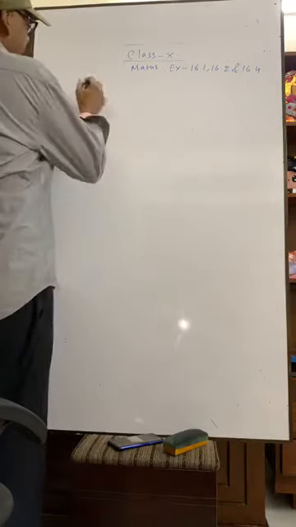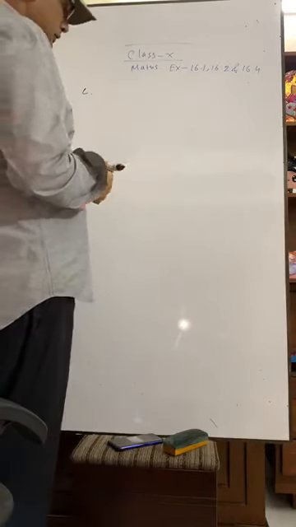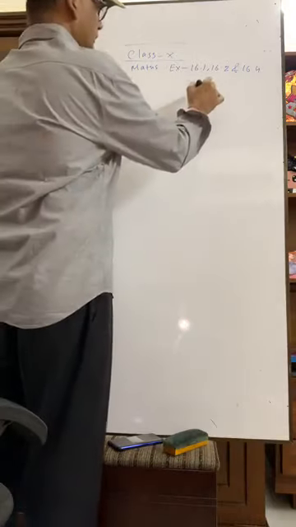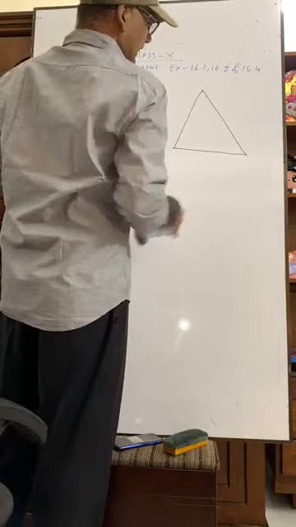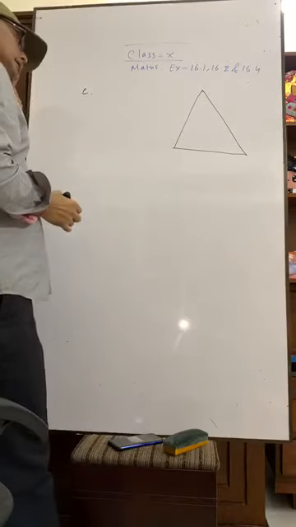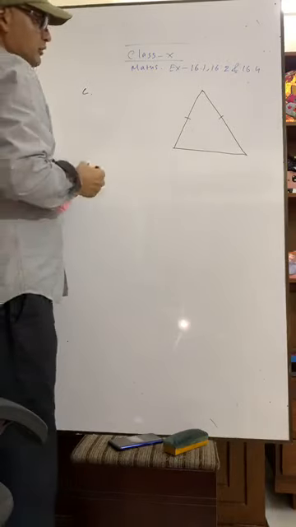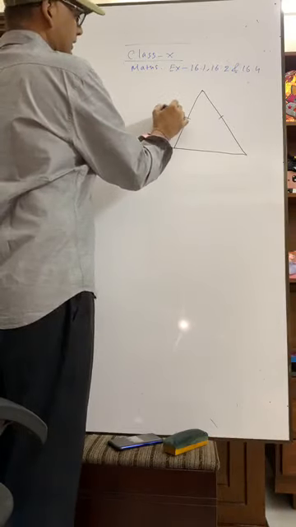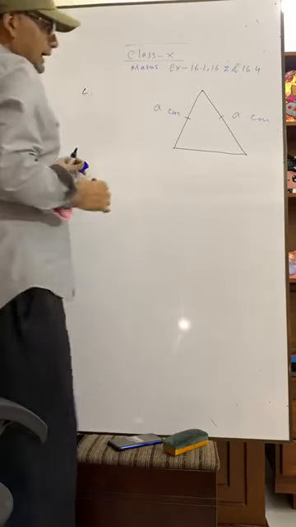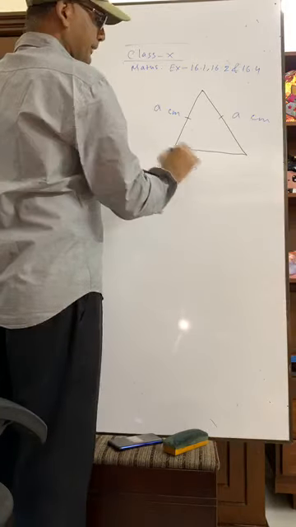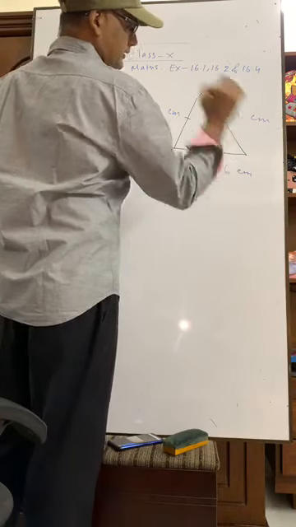You see, question number C. Here it is told that suppose it is an isosceles triangle. That means these and these are equal. So very good. You relate it as a centimeter. And here B for base, it is given as 36 centimeter.